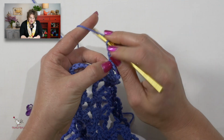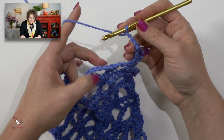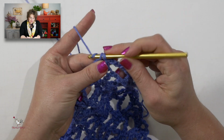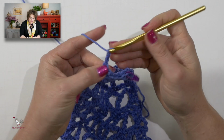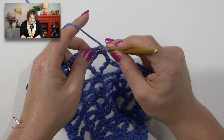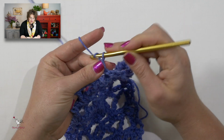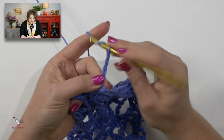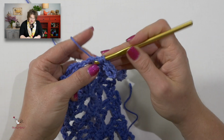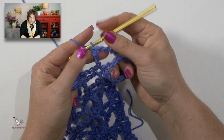So we will begin with the beginning V-stitch like we did, chain 3, come over here to the large V-stitches, and then work our single, chain 3, work a large V-stitch into the single over here. I'm not going slow on these. I feel like you should know them by now. So there's my large V-stitch,